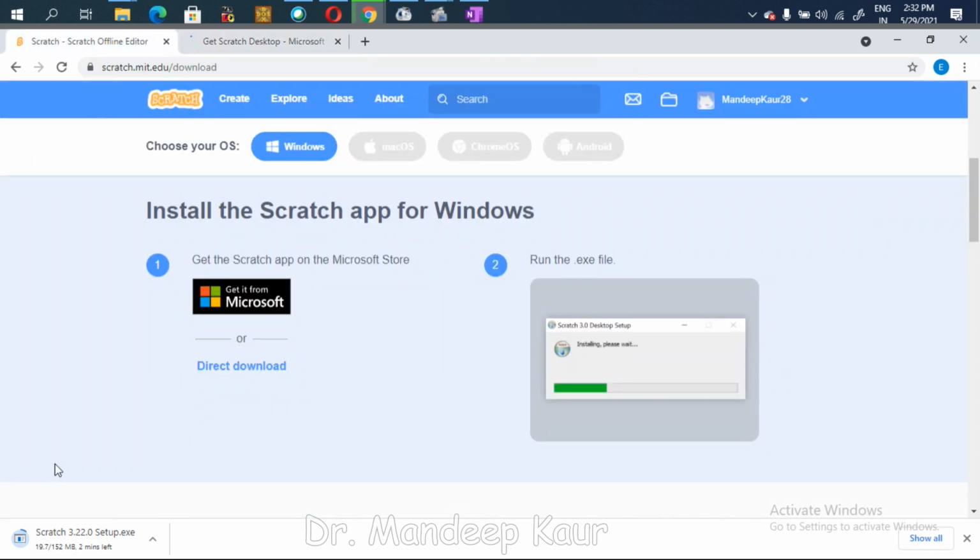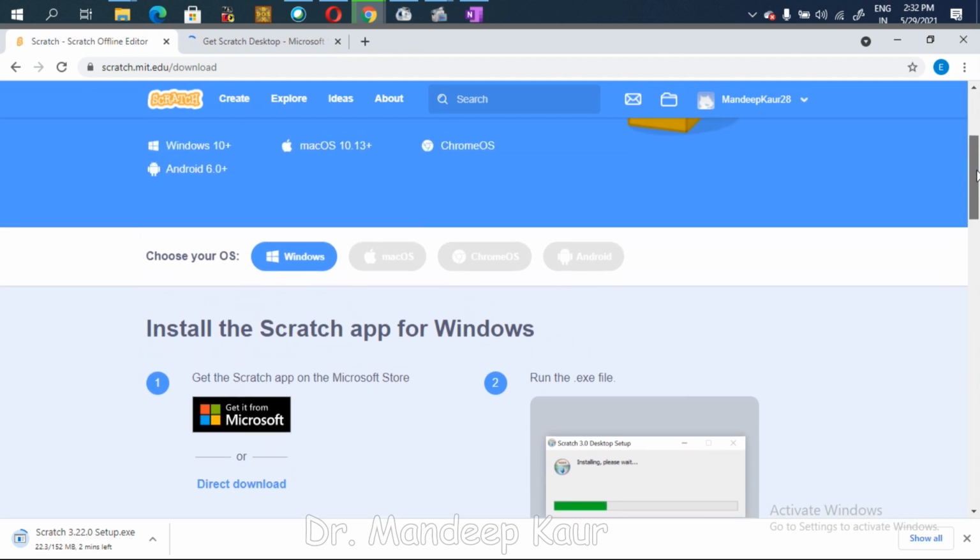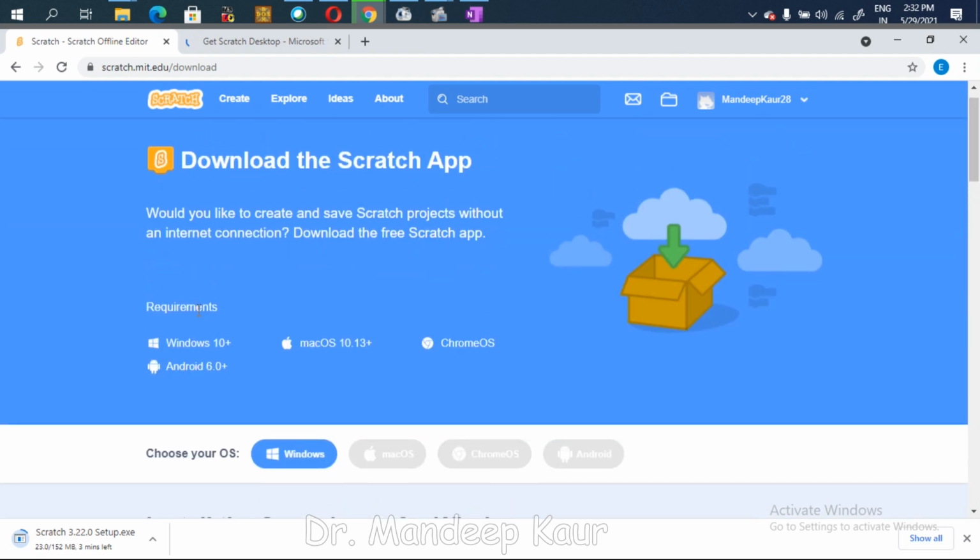Now the moment it is getting downloaded, I can discuss the other things available here. You need the following requirements: either Windows 10 or any higher version, or Mac operating system 10.13 or a higher version, or Chrome operating system, or Android 6.0 or a higher version.